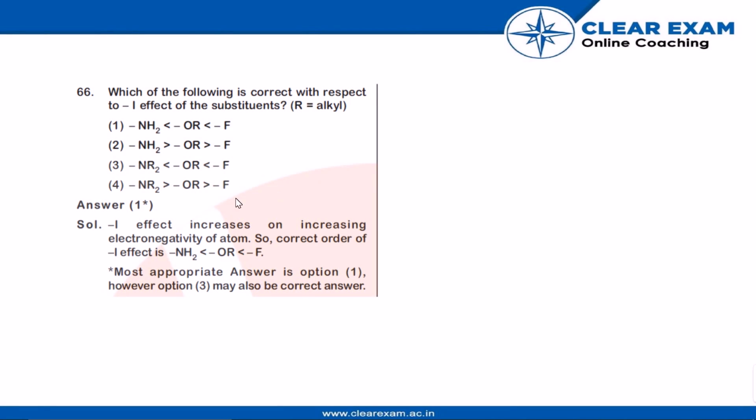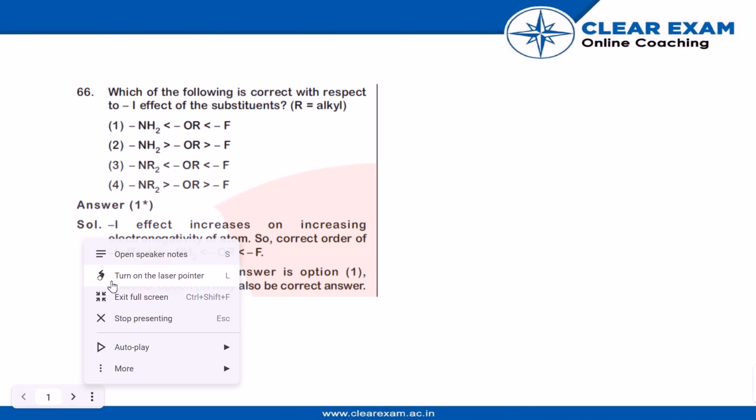So the 66th question is: which of the following is correct with respect to the I effect? The effect of substituent R is alkali. So we have to tell which of the following is correct with respect to the I effect of the substituent. So the options are